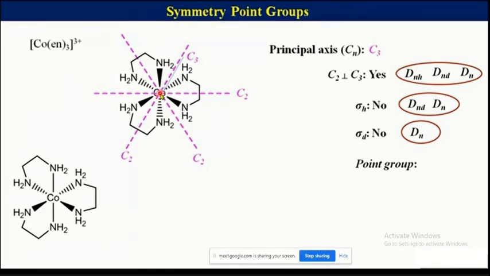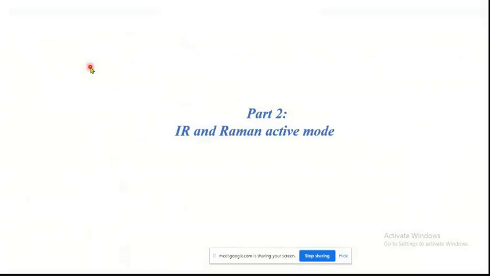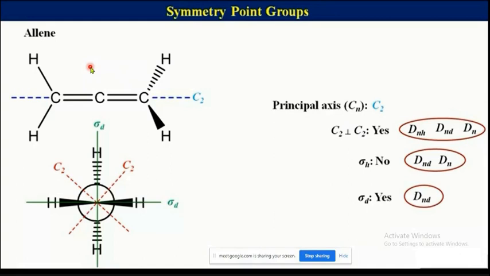क्लियर है? आगे बढ़ते हैं. Now I think 2 or 3 questions I have taken. This allene is very important actually, right? Again, I am not trying to explain all the symmetry elements present in allene, because in that case you would have to fix this molecule in a cube, and then see a few symmetry elements from one face and a few from another face. My main motto is to find out the point group, right? And I told you, to find the point group you don't need to calculate all the symmetry elements present. If you are aware of only a few of the symmetry elements, then you will be able to categorize a point group.